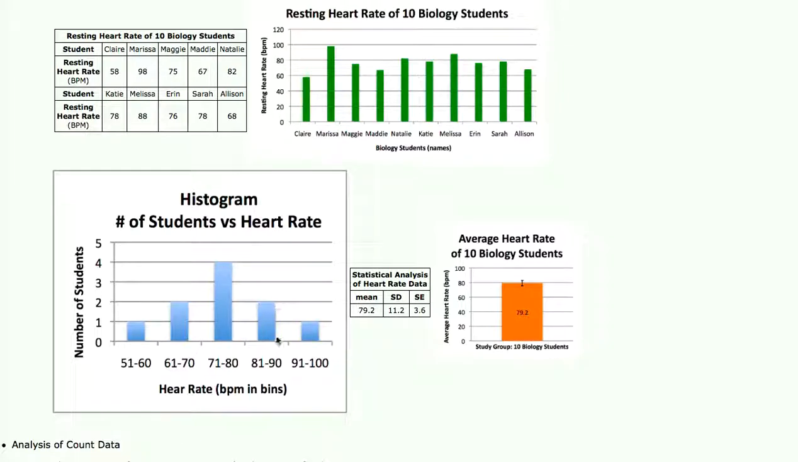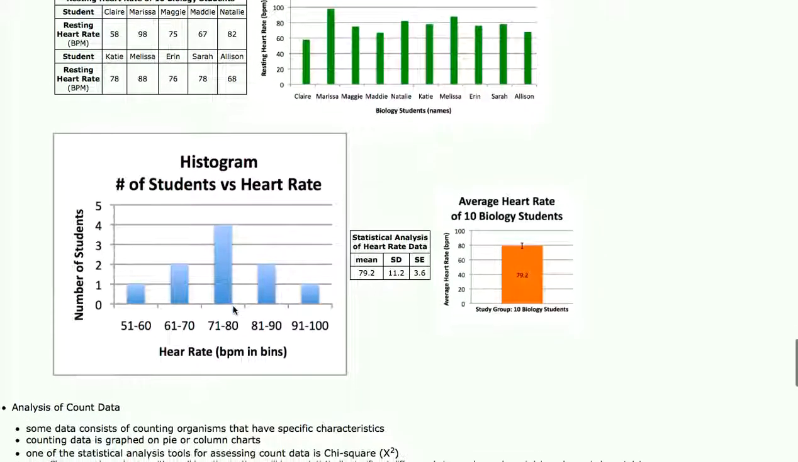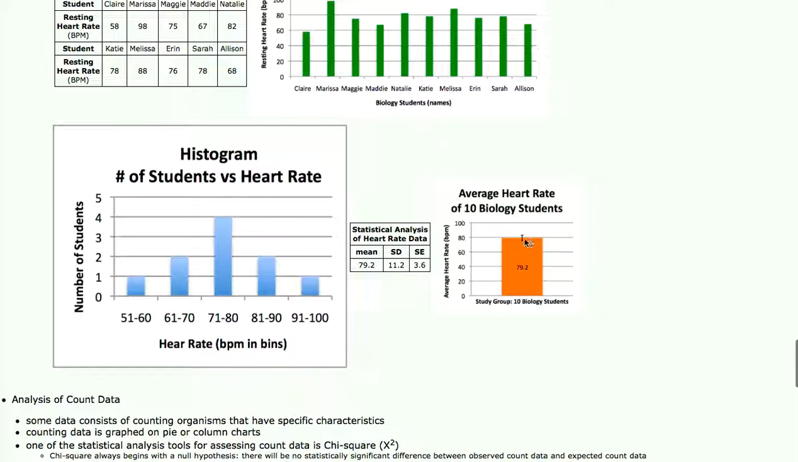There were 2 people that had a heart rate between 81 and 90. Histograms are really valuable because they summarize for a population. This is a population now, a group of people. It summarizes statistical data for a population. This is showing the average heart rate, and there's the error value